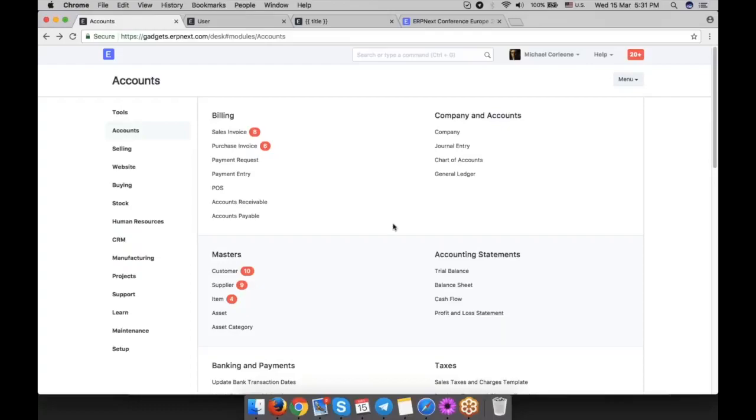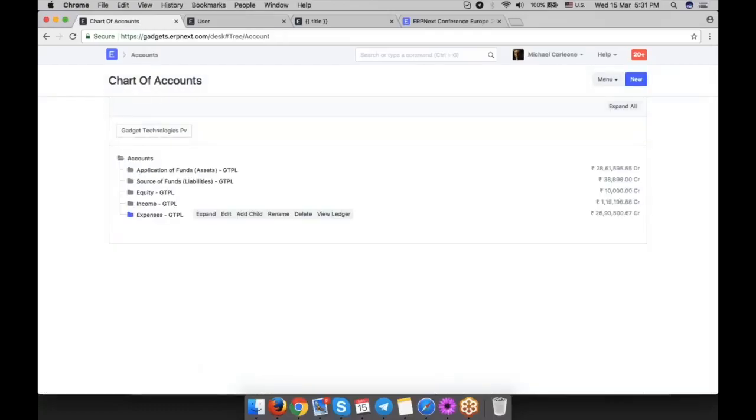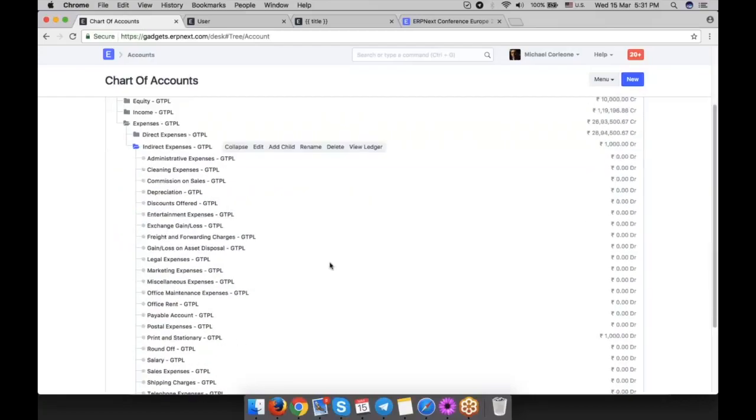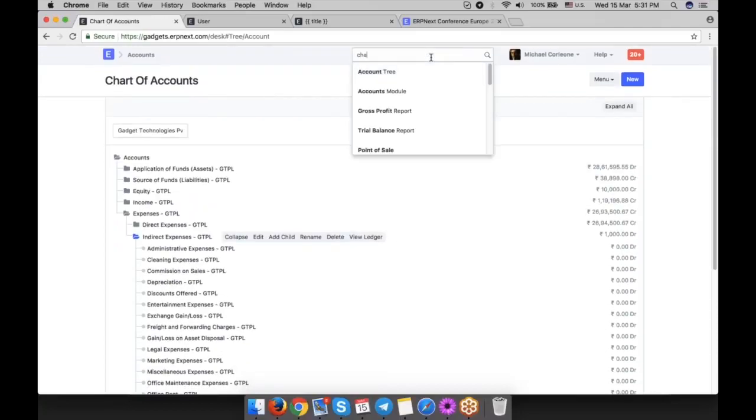So how you should set up your chart of account and cost center is like your advertisement expense account will be single indirect expense account. So there'll be only one single expense account,